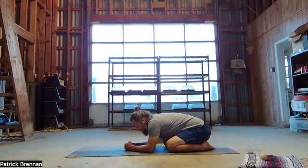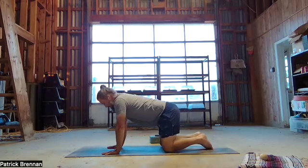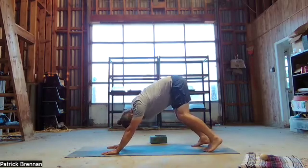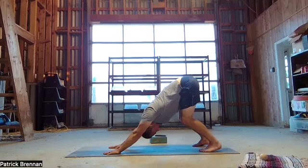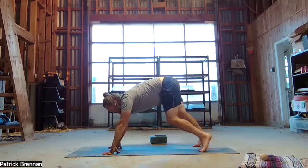When it feels appropriate, let's pull ourselves to hands and knees tabletop. And we'll curl our toes, lift our seat, and roll our way back into down dog. And wiggle your tailbone here. Try to get a little extra depth in your down dog. Keep those fingers anchored, especially the index finger and the index finger mound. And then we'll walk our way forward